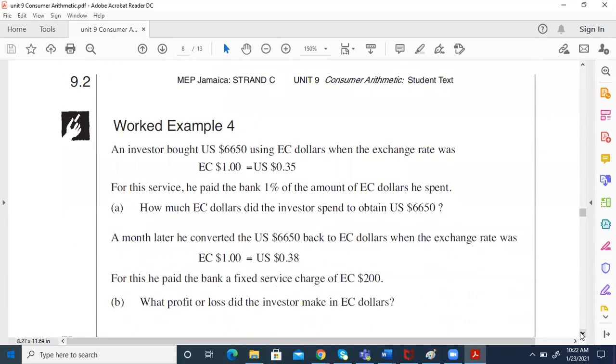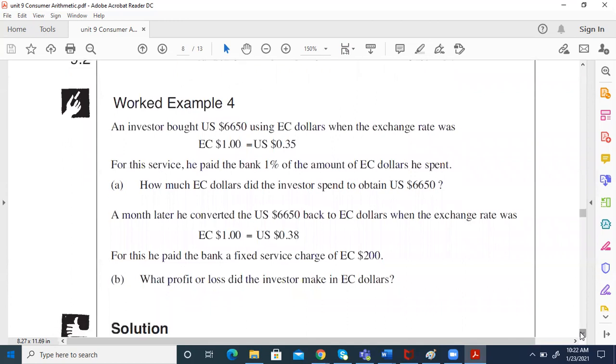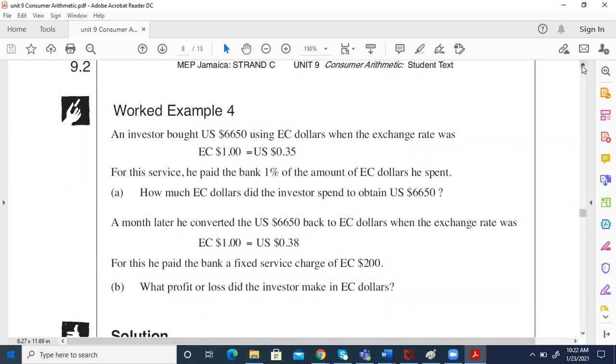Yeah. Right. Another example. So this one looks more detailed, more involved. Let us see if it actually is, right? Yes, sir. It says